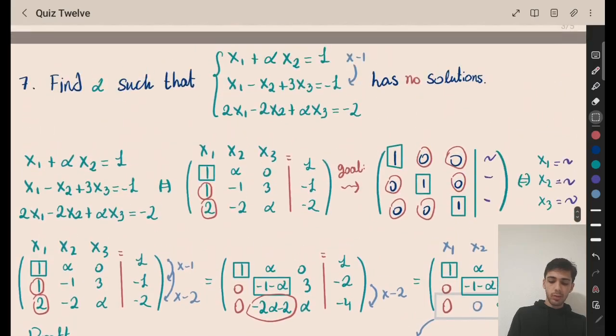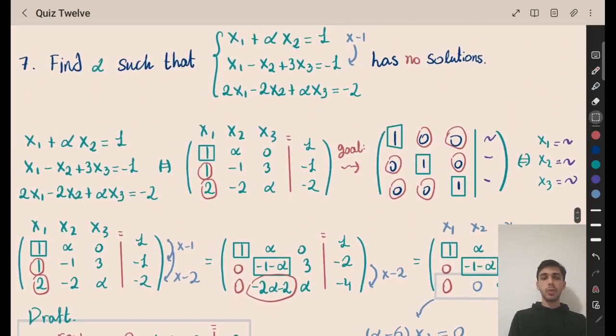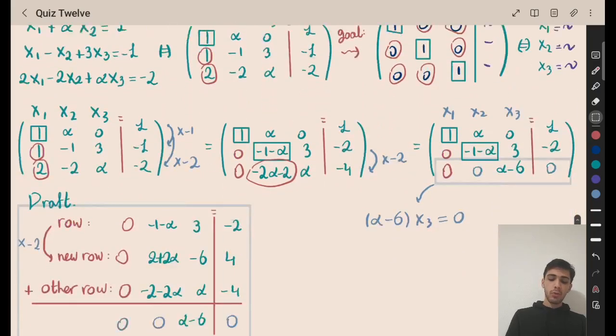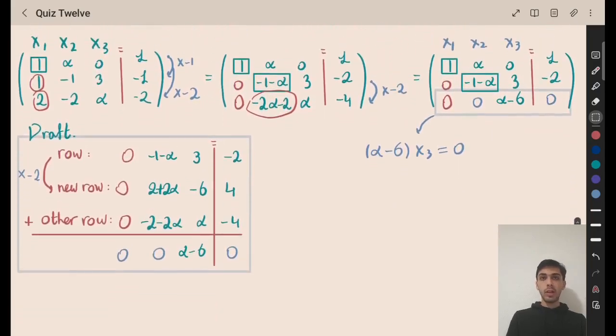Now, let's go back to the original setup. We have the freedom to choose alpha, and this is what's so powerful here. We can choose alpha to be any number we want. And we want to choose the alpha to be the value that will ruin our system of equations. So the only reason Gaussian elimination works is because we make a preliminary assumption that there is a solution. So if we are able to sabotage this equation and make a contradictory statement out of this,